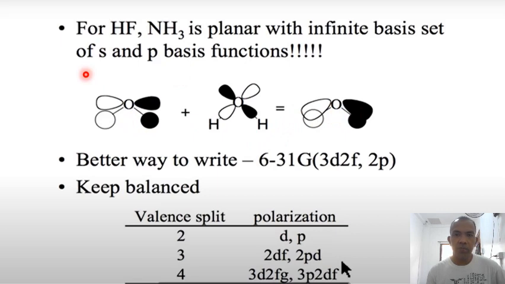So that's quite a shock. Part of the issue is that in the absence of polarization functions, you can't describe the electron density as accurately as you'd like. Just to give you a feel for what a polarization function does,